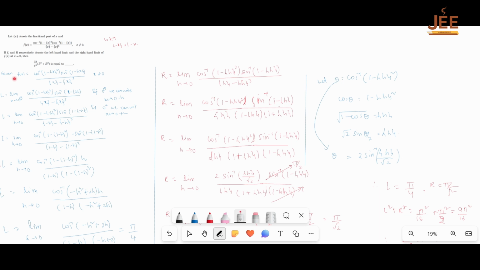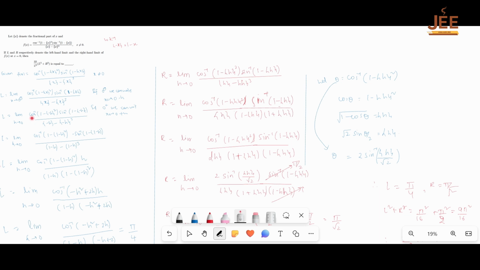Now, while we calculate the left hand limit, we'll take x tends to 0 minus, and we can write it as 0 minus h, meaning we can replace x with 0 minus h, because we are approaching 0 from the left hand side, and h is very small, meaning we are in the neighborhood of 0. So we can take h tending to 0, and as we are approaching from the left hand side, we write 0 minus h. So we can replace x with 0 minus h, and after substituting that,